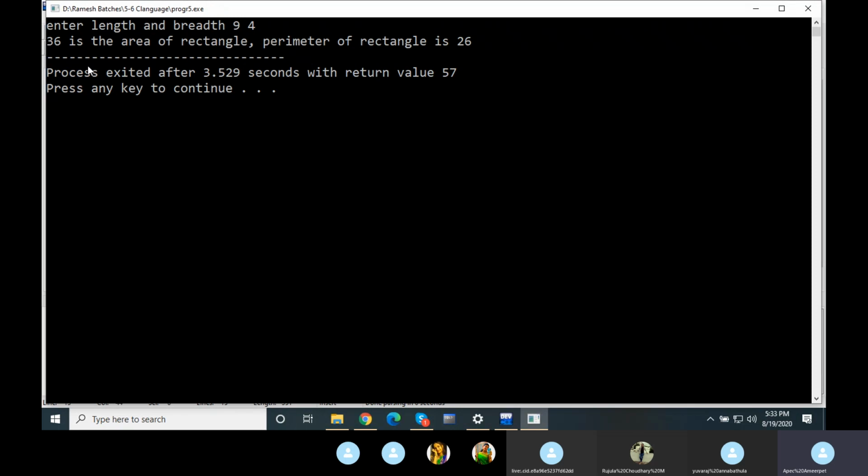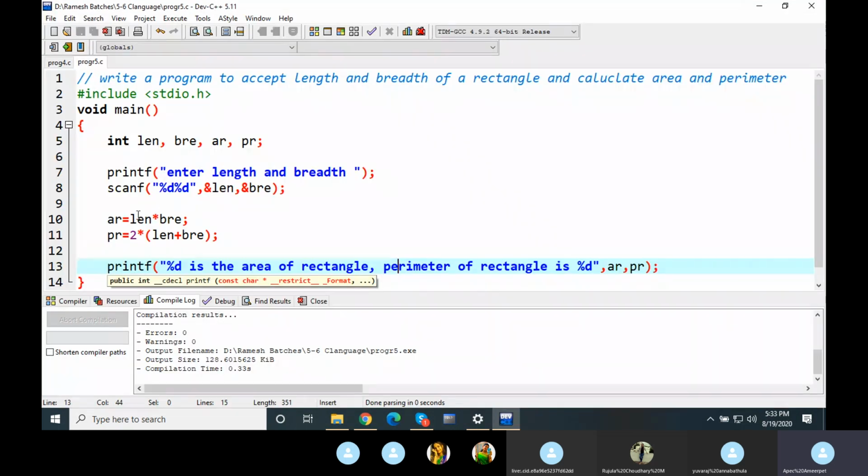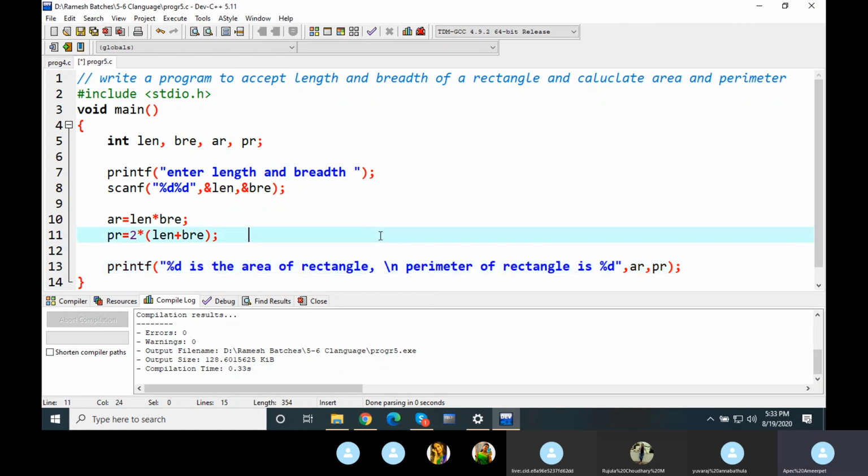In order to display that perimeter in the next line, what we can do is we can make use of \n. Now remember that this \n which I am writing is backslash, not the forward slash which we generally use for division. For the division, what we are using is the forward slash. For this \n, what I am using is backward slash.